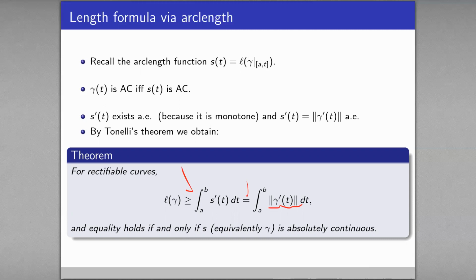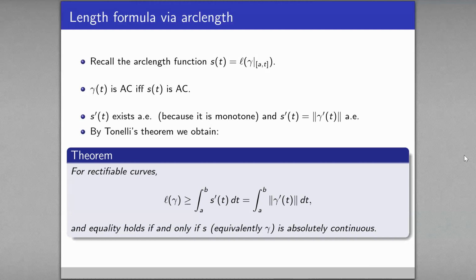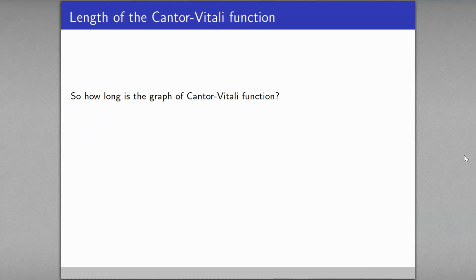And because of this point here, either check s or check gamma, whichever we have information about. So if one of them is absolutely continuous, so is the other one, and the length formula holds. And that is the end of the story of the length formula, but I want to end with the cute